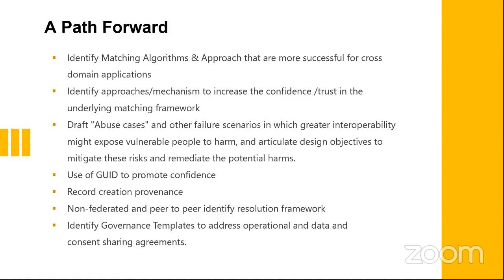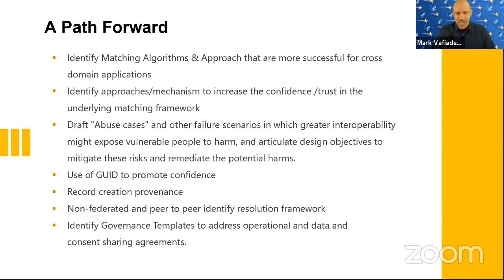Some of those that are highlighted here focus on different methods of matching, privacy and security to support and increase trust and prevent harms, perhaps how capabilities such as provenance can be leveraged, and different architectures that come into play. There are other things on the slide that also are important, but at this point, we can turn it over to Mark to recap what ONC looked at earlier in the week and what they're doing. Great, thank you, Rita. And we can move to the next slide.